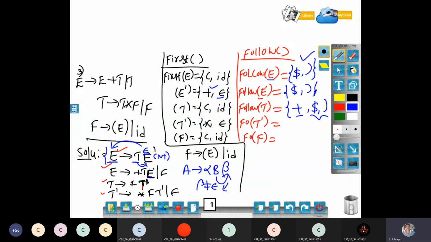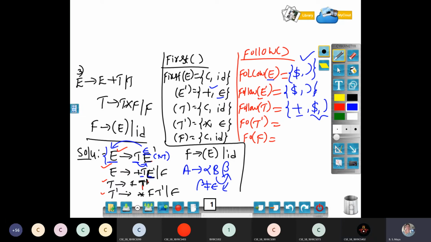If it is epsilon, as per rule number 3, you have to look at the head of the production of the grammar. The head of the production of the grammar is capital E. The capital E follow set is dollar and close. Then you have to search anywhere for follow set of T. See, I got one more in the second line, T. What is in front? The first symbol is E dash, ma'am. E dash is already copied, right? Yes, ma'am. Plus I already copied.